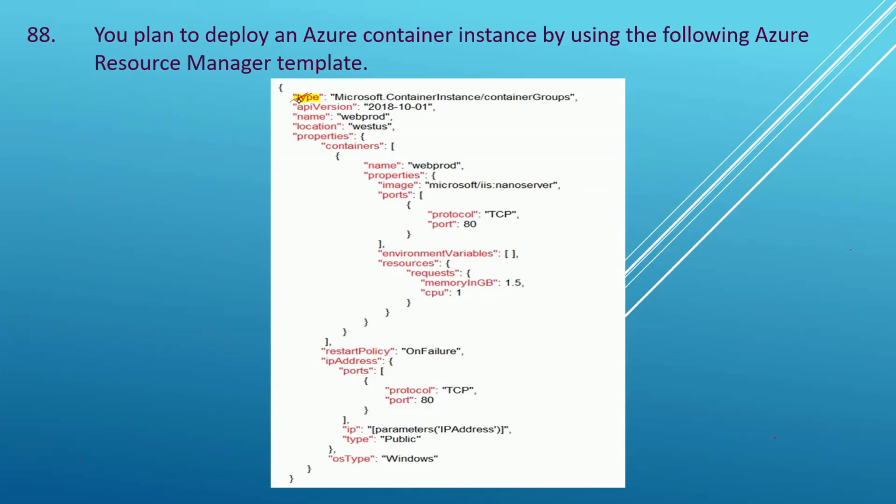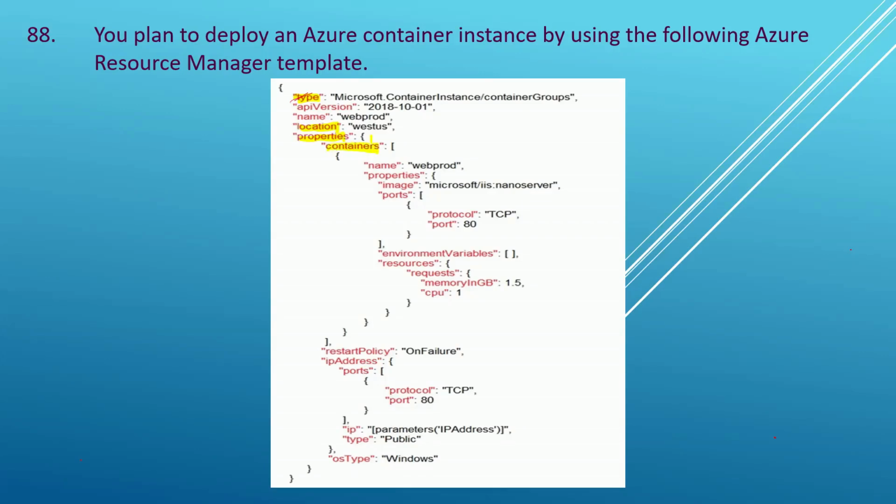So type tells you that a container resource is being deployed. Location, as I have highlighted now, specifies it is being deployed in the West US region. Then the properties element defines the properties which are specific to each container being created. Here we are deploying just one container